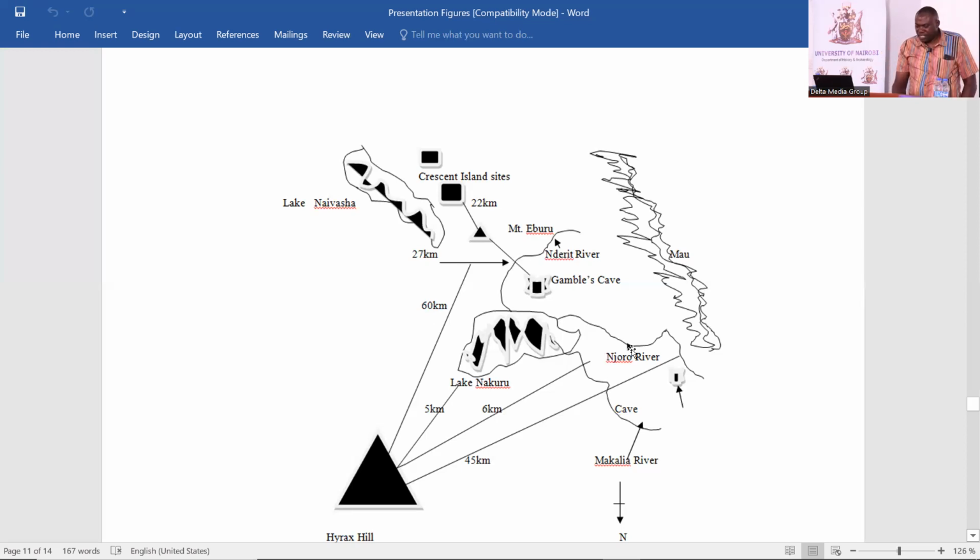Now, after that study and the outcome of it, Vita-Finzi and Eric Higgs renamed the technique Site Territorial Analysis, STA,